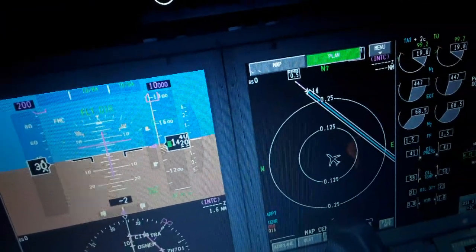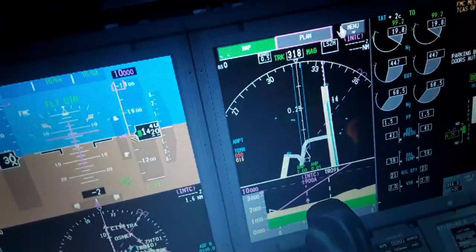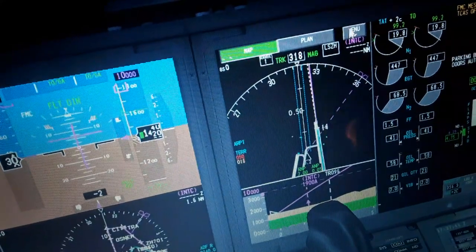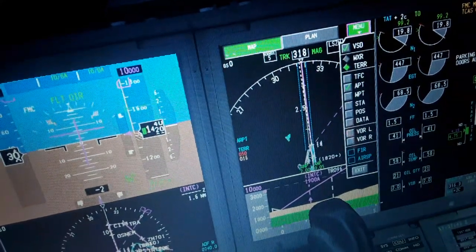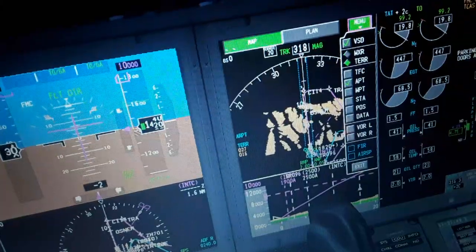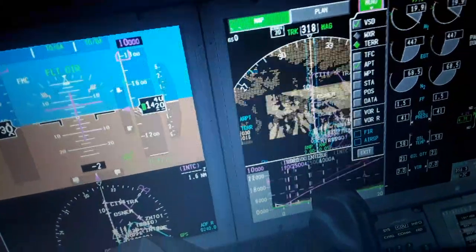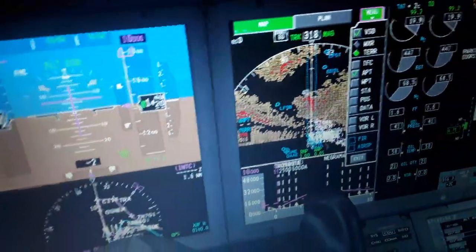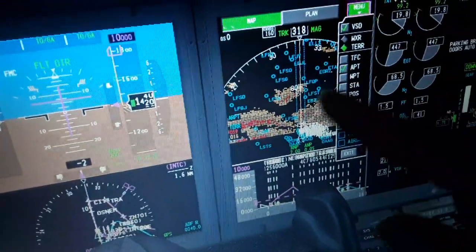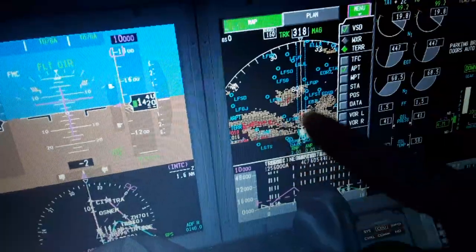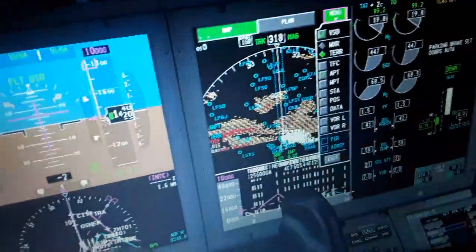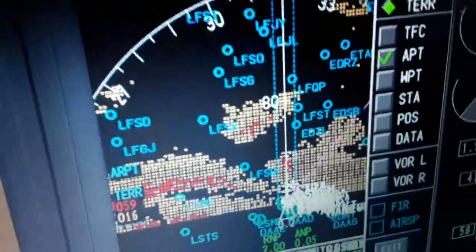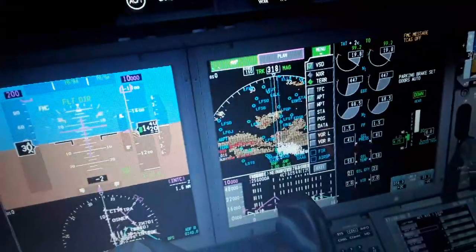So we have also, as you can see, the map again, the range. Further away you will see more airports. So you can see here we have the Germany here, the France and the Switzerland down here in this area. In the terrain map you can see the names of the airports. So if you look closer,